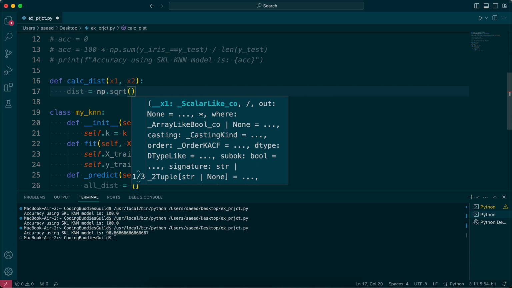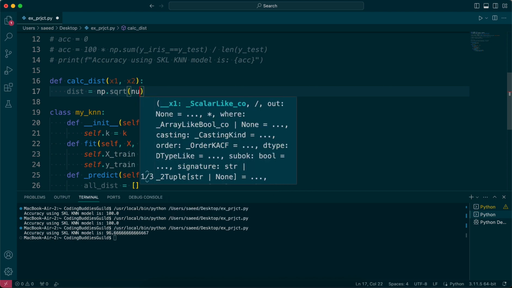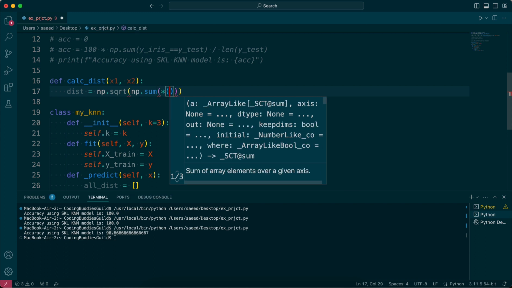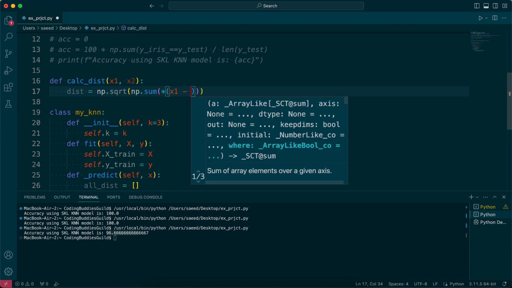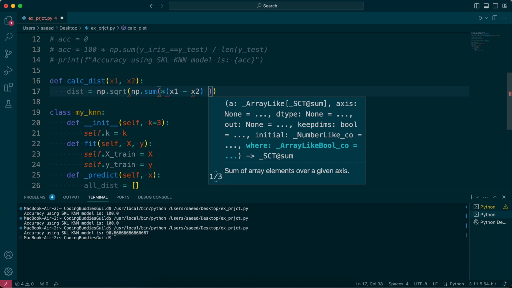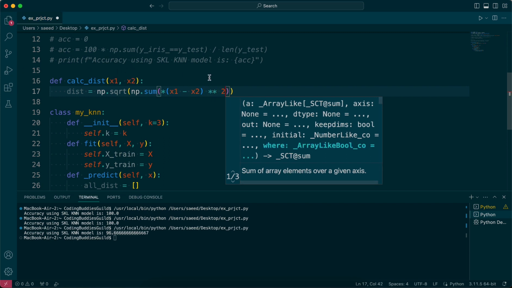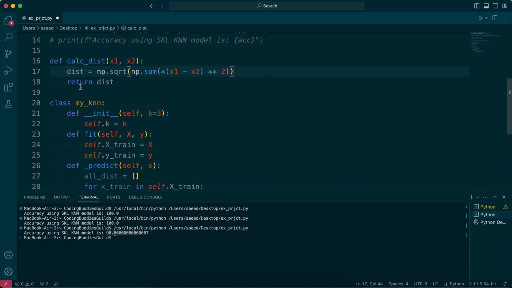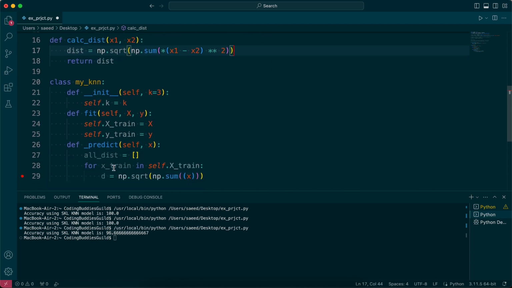And how do we measure the distance? You subtract the values and square that, right? For all the coordinates of those values. So numpy.sum, and then here you go x1 minus x2, that squared, right? That should be it. And then we want to return this. It's a one-line function, right? I just put it up here so it's cleaner. You can actually have it in a single line in here. But now here it can just go,